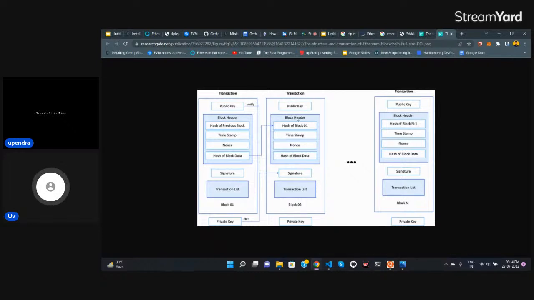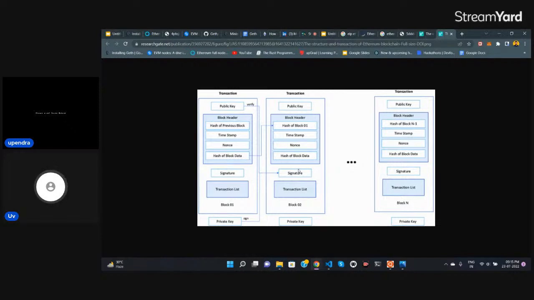But if we go to block two, what happens is we put all that information into a hash algorithm and it creates a hash of that complete block, and we put that hash in the next block. A hash is an encrypted form of the data. So all the data we are storing in a block, like the block header, nonce, timestamp, everything, we put into an algorithm,